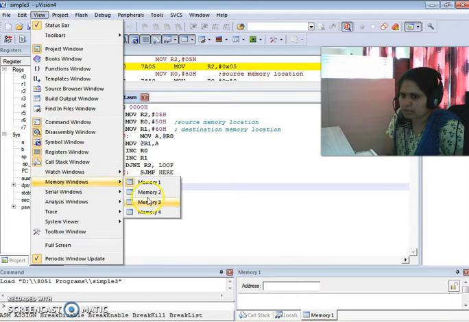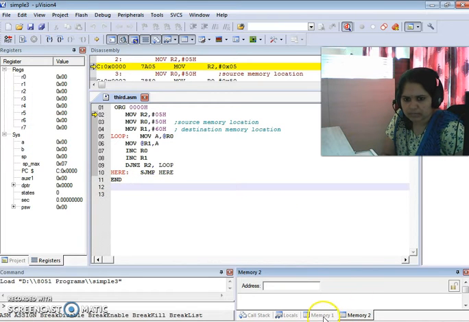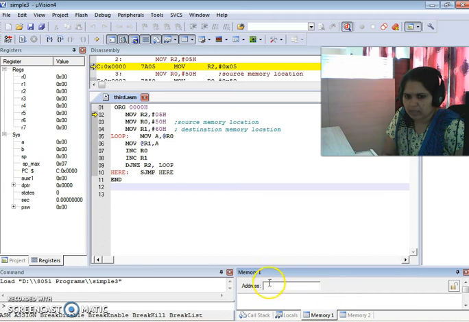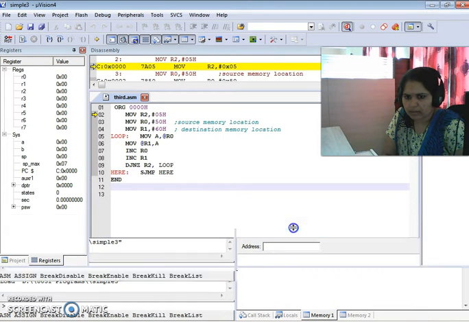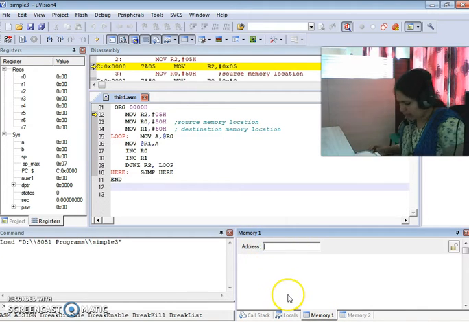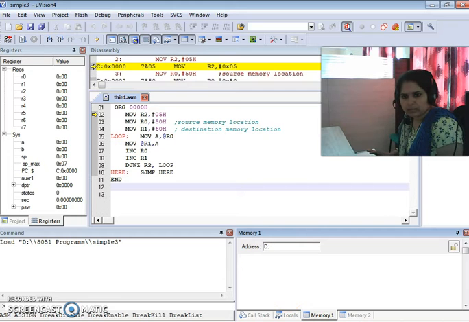Or in one window also you can do it. But so as to reduce the confusion, I will take two memory windows. So here you will find memory 1 and memory 2. Now suppose memory 1 is my source memory and memory 2 is my destination memory. So in that memory, you have to just give the path, that is D colon. D stands for data memory, and the address is always mentioned in the form of 0 cross any address.